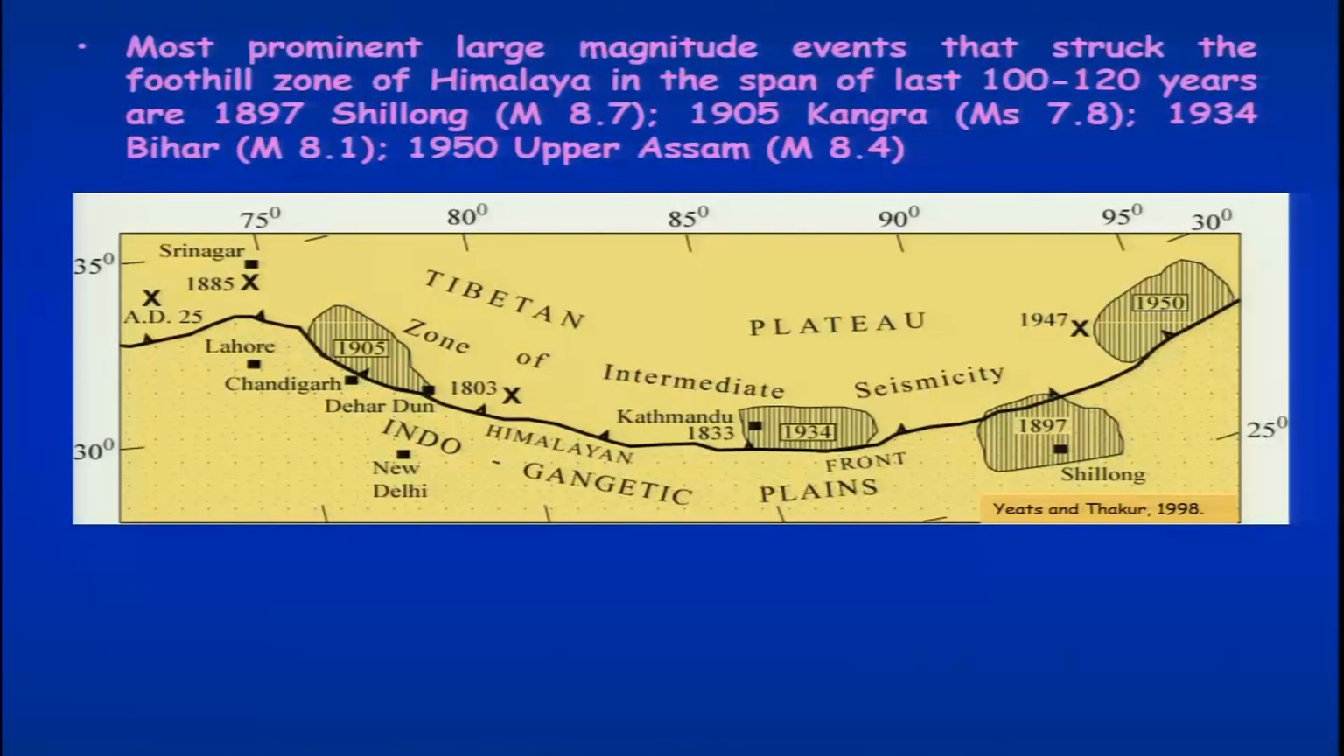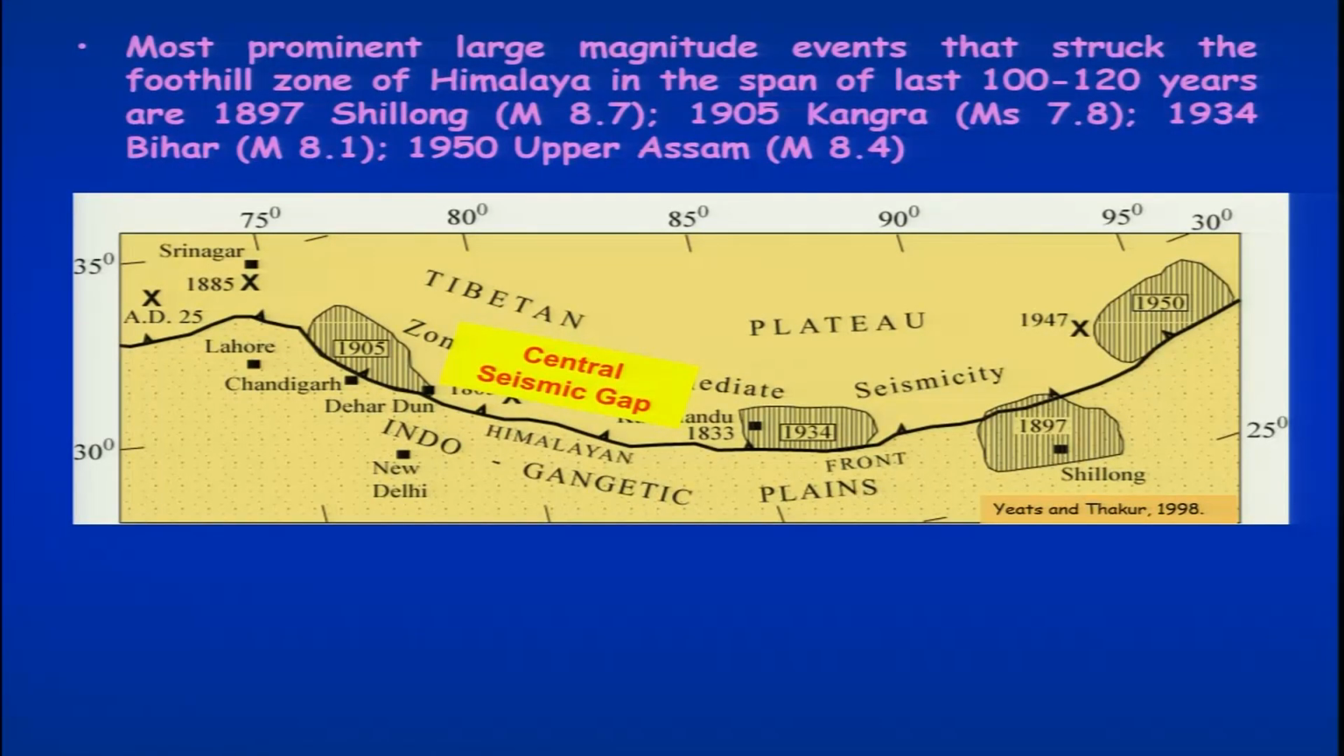So, based on the information that we have from the historical data or the instrumental data, a few zones or areas have been identified which probably are, or we can say the probability of occurrence of earthquake increases in those regions. Okay. So, for example, the 1905 earthquake, 1934, 1950, these are the major earthquakes which were responsible for releasing the stress